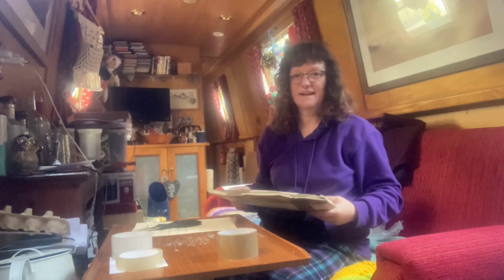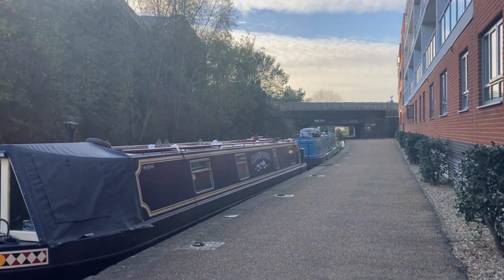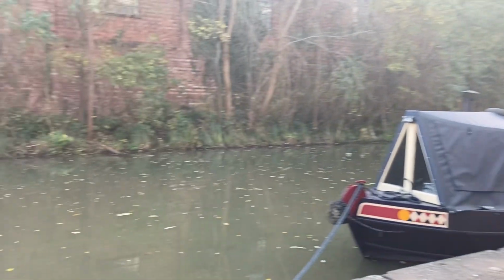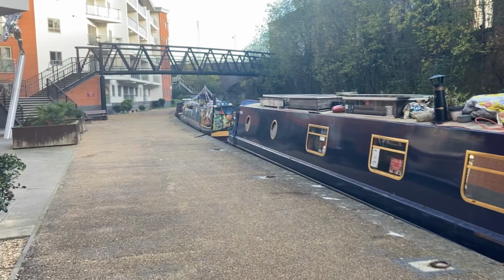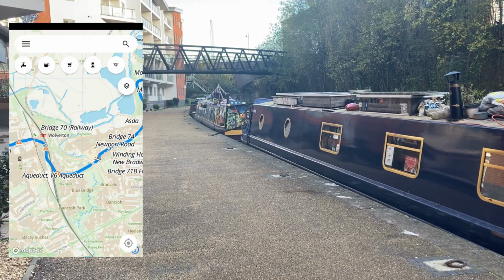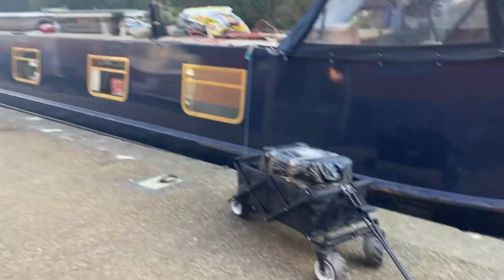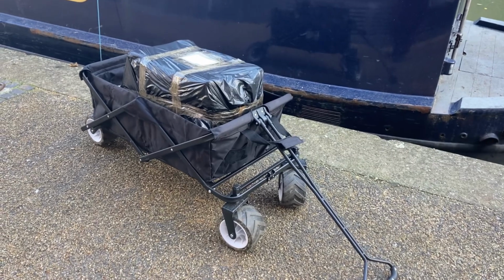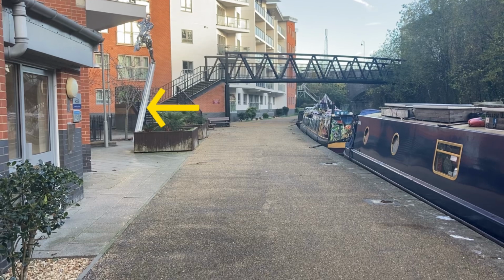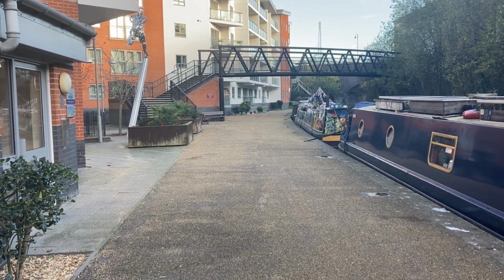Right, time to get the trolley out and off to the post office. Just show you quickly where we're moored at Wolverton. We're in between bridges 71 and 70A. That one in front there, you can go up there through to the railway station and then into town. But as I've got a trolley full of parcels to go to the post office, I'm going to go an alternative route, which is left through the buildings just here and then down the road to Tesco's to avoid the